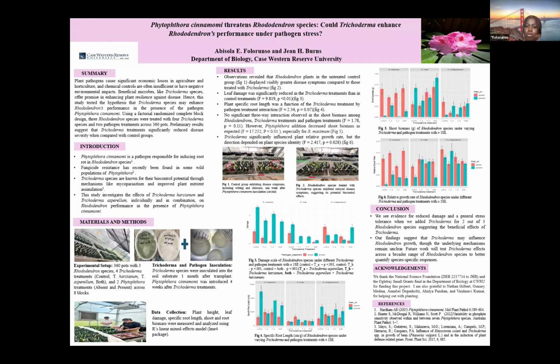However, the mechanism by which Trichoderma carried this out is unclear yet, because they can actually induce systemic resistance in this plant. They can also produce inhibitory compounds like peptide bonds that help to inhibit phytopathogens as well. So